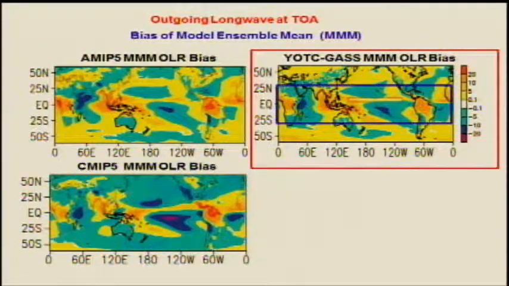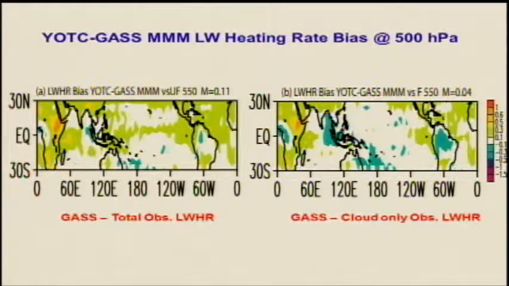We focus on the tropics, that is to say 30S to 30N, and we take the zonal average to see what the bias looks like. And we slice at 500 hectopascals. So this is the longwave cooling rate bias against the unfiltered, that means its total heating rate,